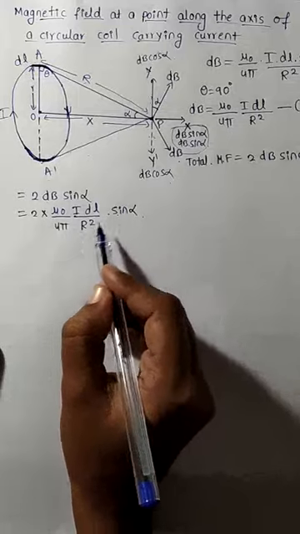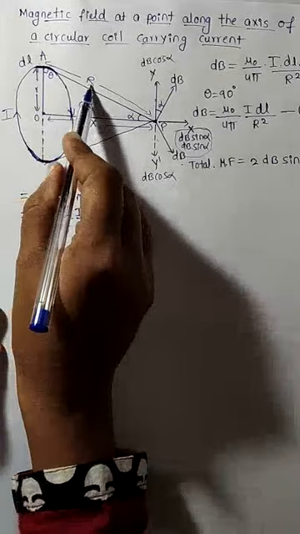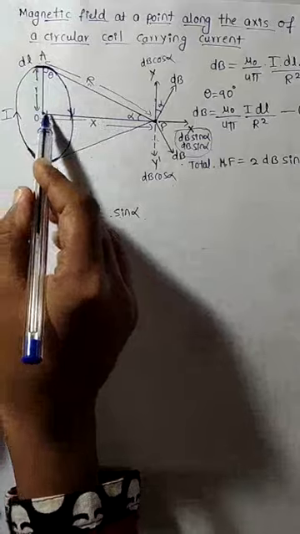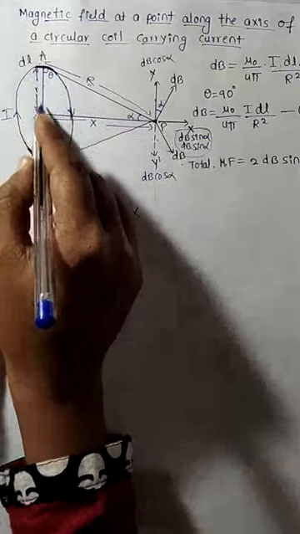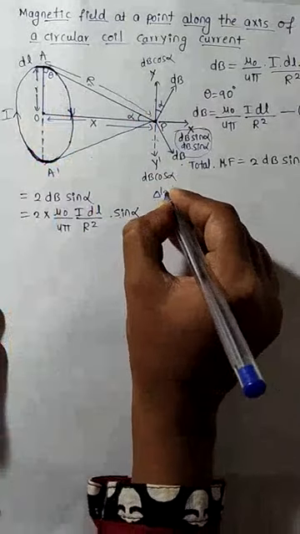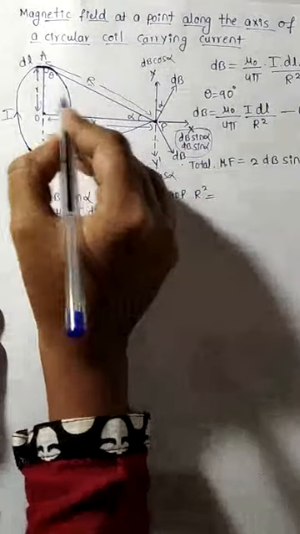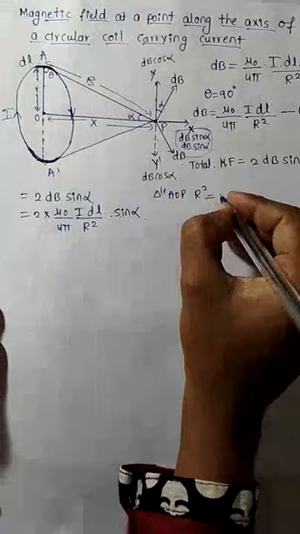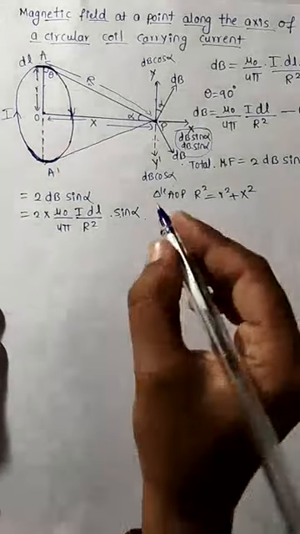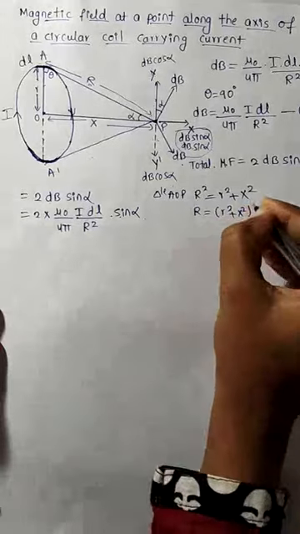Now I am going to find the sin alpha value and the r square value. These two values are necessary, so I will find these two values to substitute in this equation. So let's see the figure here. I want the r square value. It is looking like a right angle triangle. So AOP is nothing but a right angle triangle. So from the right angle triangle AOP, we can write that the square of the hypotenuse should be equal to the sum of these two squares. So that is what? R square plus x square. From the right angle triangle AOP, r square is equal to what? R square plus x square. Means what is the r value? So r value is equal to r square plus x square raised to 1 by 2.